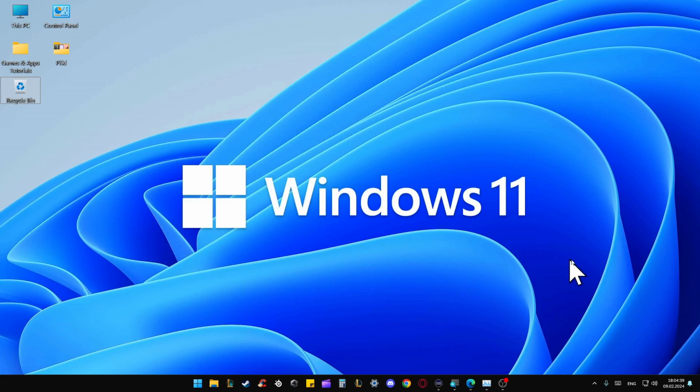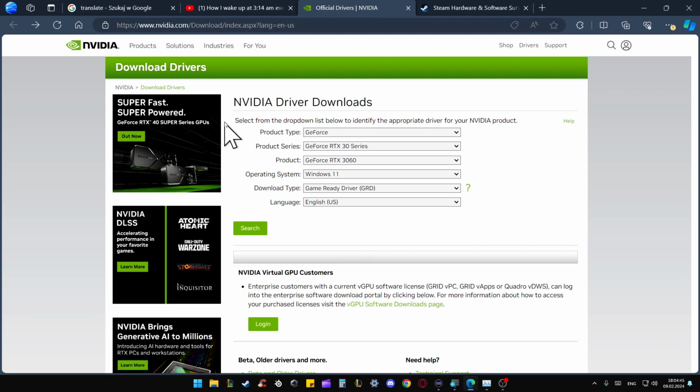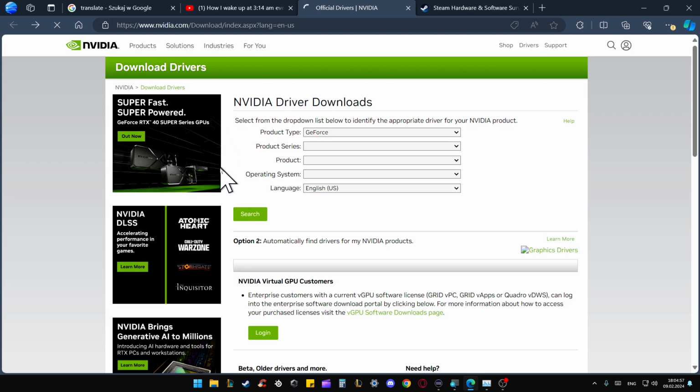Hey, if you want to update the drivers of your GeForce 1650, all you have to do is open your browser and enter the official nvidia.com website. When you open this website, you can go into the drivers. You have to go for drivers, click on the left mouse button, and from here you can find the NVIDIA